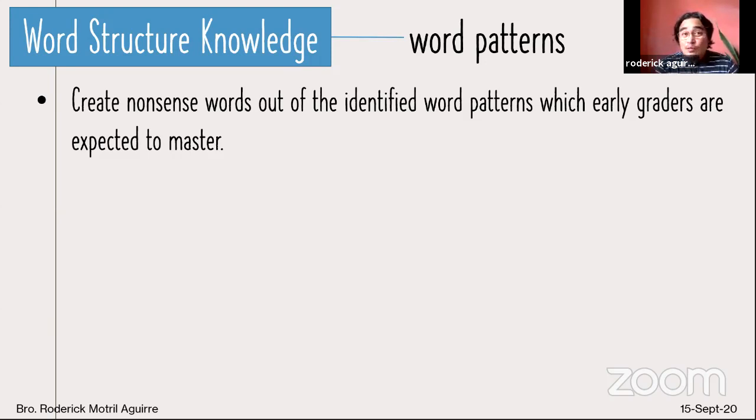Dapat ang tawag po natin doon ay whole word reading sa sight words. Ibig sabihin, ito mga salita na highly occurring in all reading materials at hindi kailangan i-decode dahil hindi sila nag-fit sa mga patterns. Like THE, yung the, okay? So, para sa nonsense word diagnostic creation, dapat gagawa tayo ng mga nonsense words that represent the